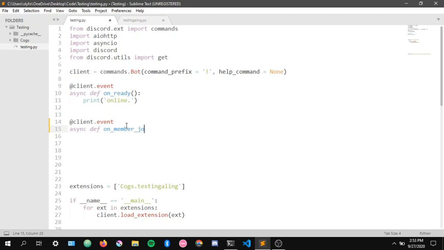Now make sure it looks exactly like this. It has to be exactly like this: on_member_join. Make sure it's like this. You can't put "on when a member joins." Like, no, don't do that. You want to put on_member_join. Now we're gonna pass in the